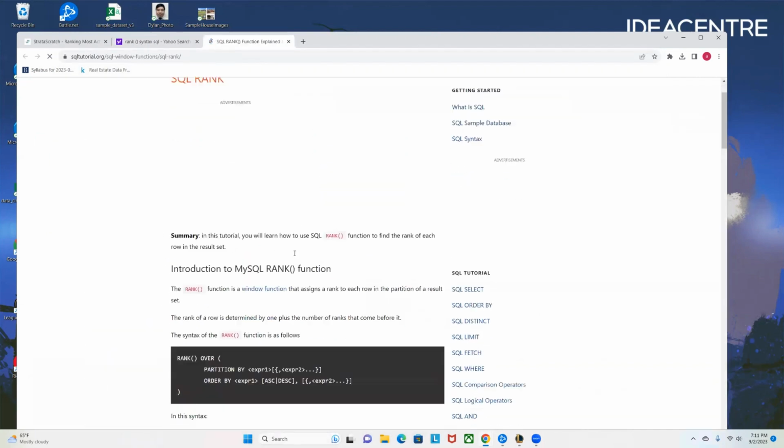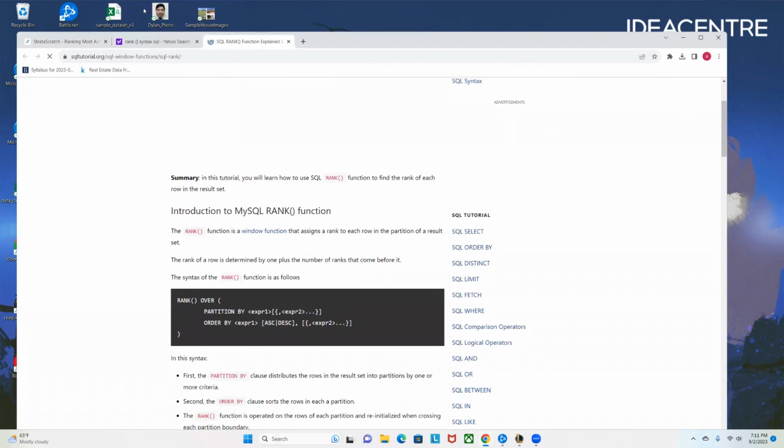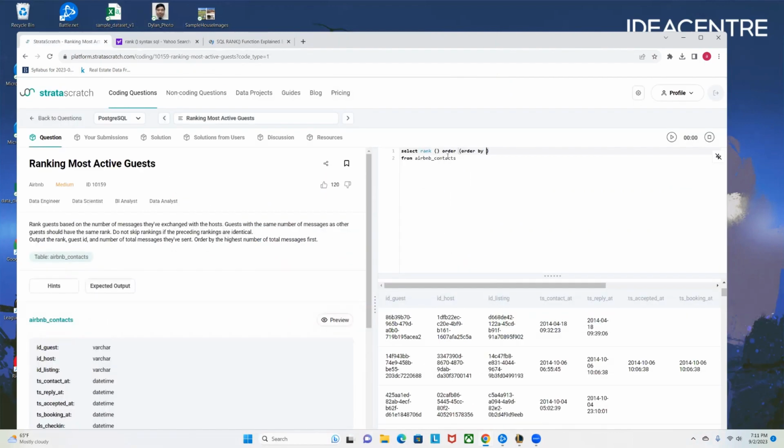I should have this memorized by now, but okay, so rank and then over. Okay, cool. Over, that's the word that we want. Not order, over. Okay, so then we're going to order by, or sorry, I'm getting ahead of our skis a little. First thing we want to do is make a new table. So we're going to select ID guest, and then the sum of n messages,